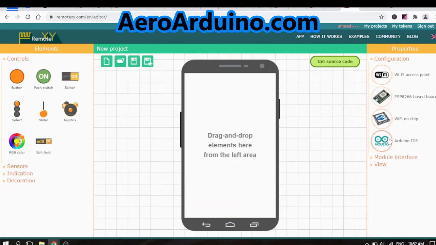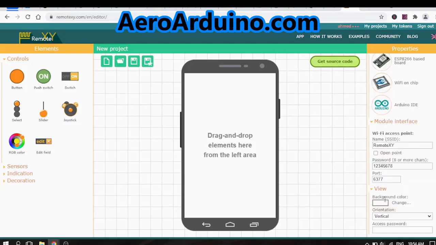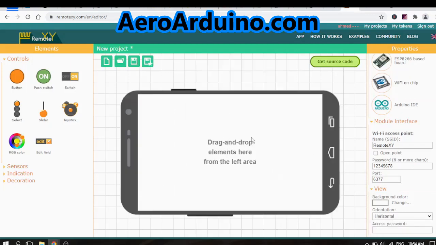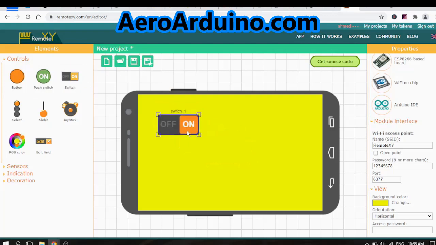Now we see all the configurations are already done. Now we can choose the module interface. That is the name of the network, SSID, or the network ID, and that's the password for the access point. Now we can change the view of the application on the mobile phone. We can make it horizontal. We can also change the background color, and now we can put a switch,